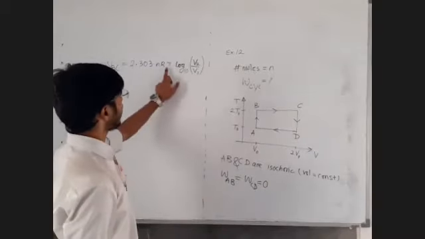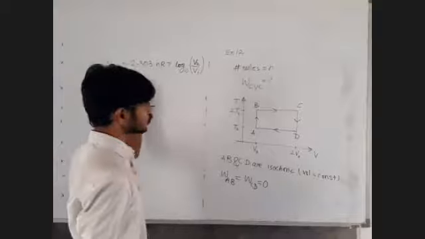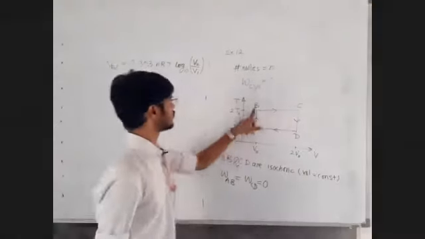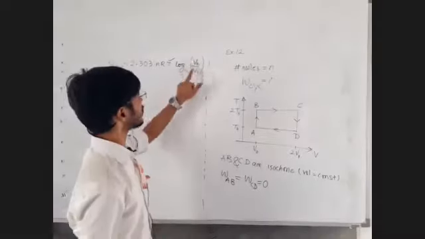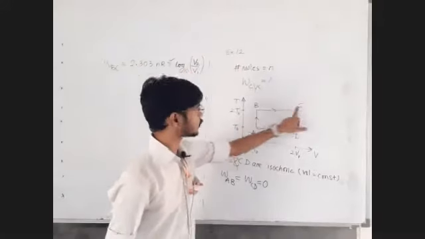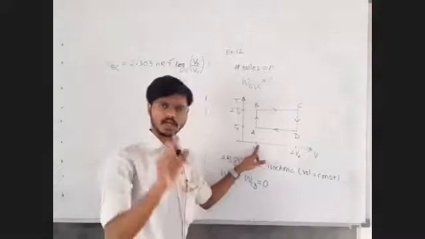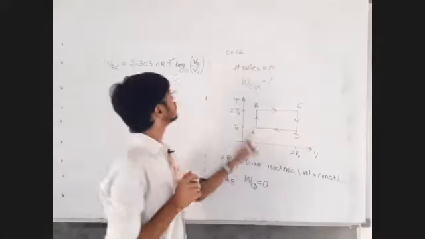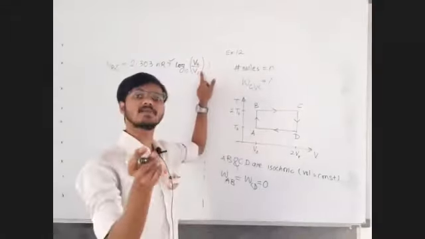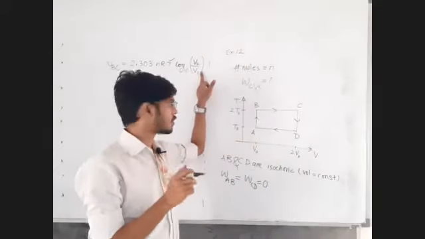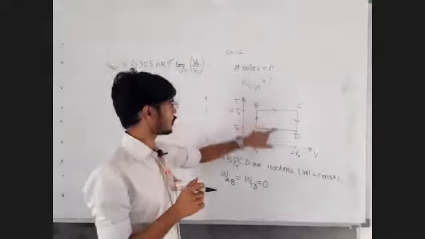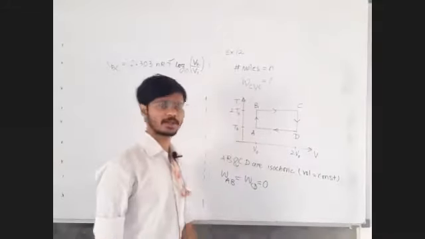Do we have the data of temperature for the process B to C? For the process B to C, we have the data of temperature, so tick mark. Do we have the data of volume for the process B to C? Yes, we have. And if we don't have the data of volume, V2 upon V1, then I will write P1 upon P2, because if I am not having data of volume, I will be having data of at least pressures.